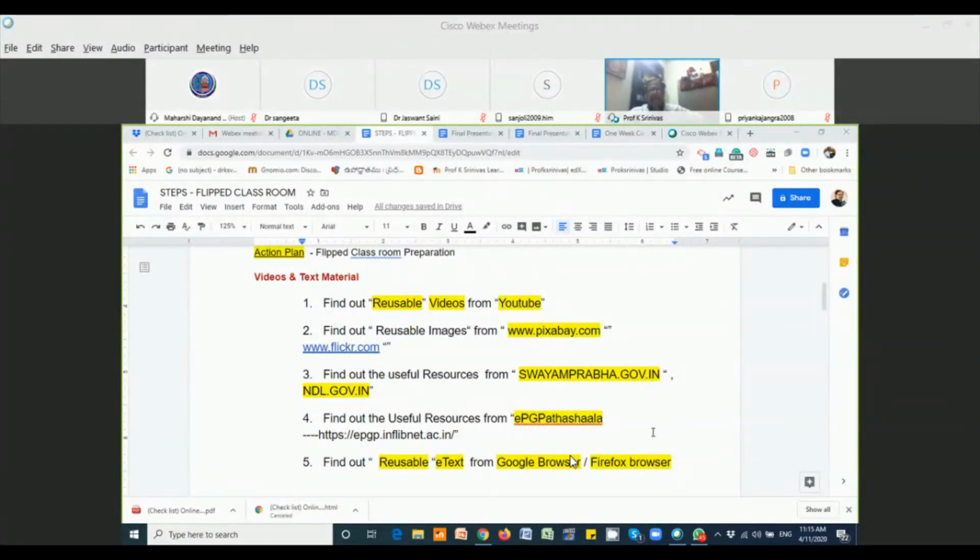EPG Pathshala is again one, and I request all of you to kindly spare your valuable time and spend some time on EPG Pathshala to make use of it. And of course, reusable content, you can also get this content from there. And very, very importantly, the next question is